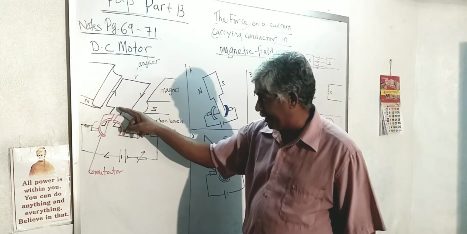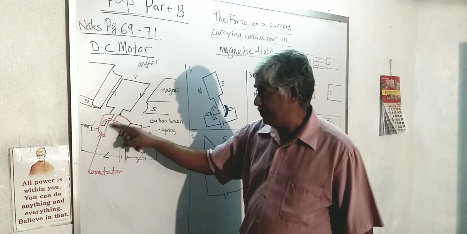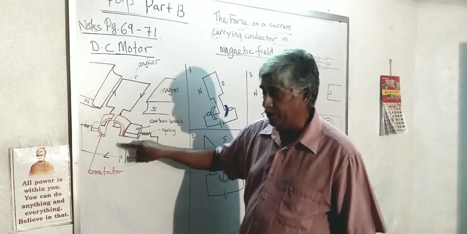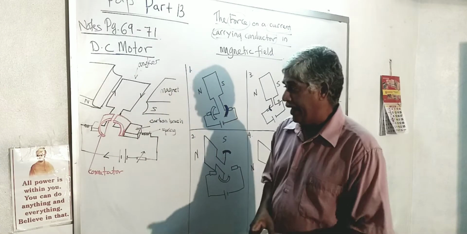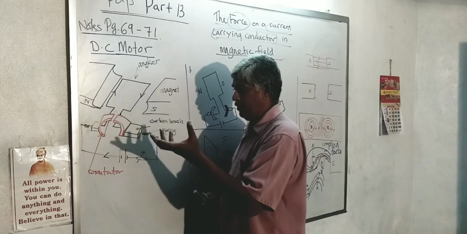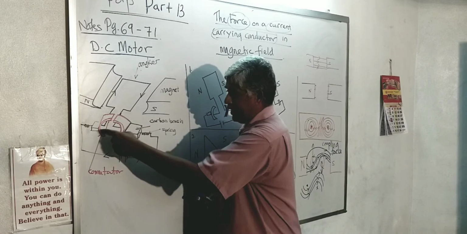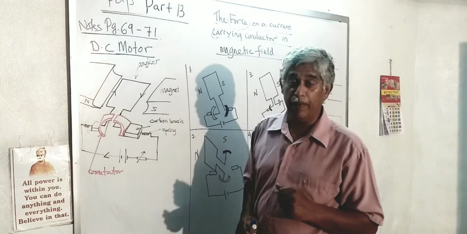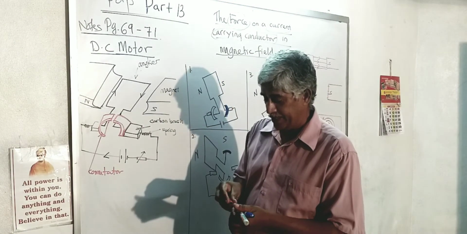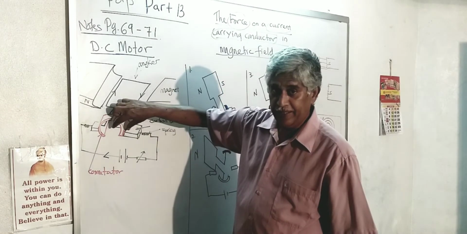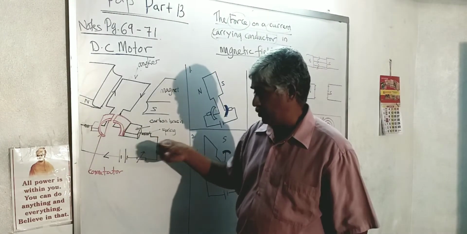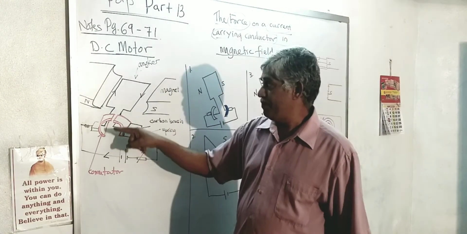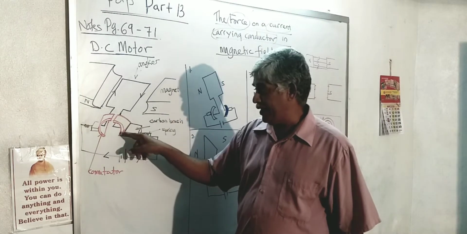As you can see here, the current carrying conductor is attached to this commutator. As the armature rotates, this commutator will rotate also. And at any one time, alternately, this commutator will touch this carbon brush. In your notes, they just put carbon, but we can call it carbon brush. This is the one actually touching the commutator, and over here we have a spring to push the carbon, so it is always in contact with the commutator whenever the commutator reaches this position.